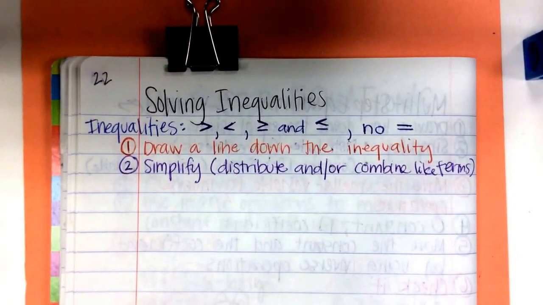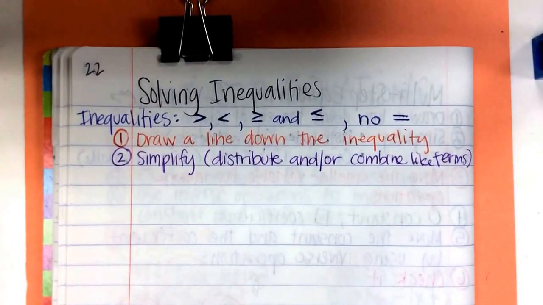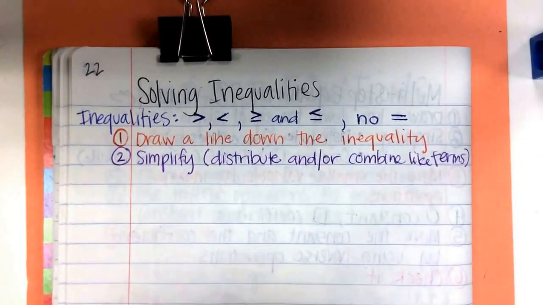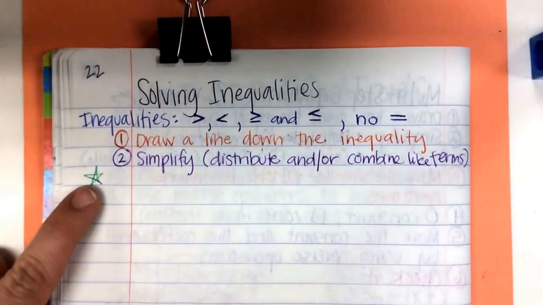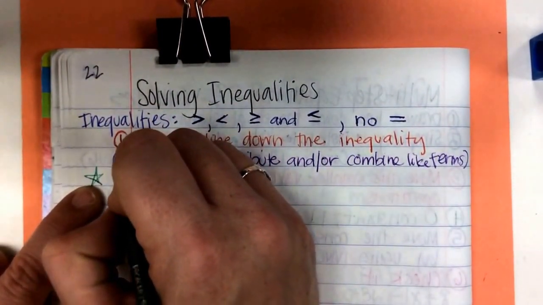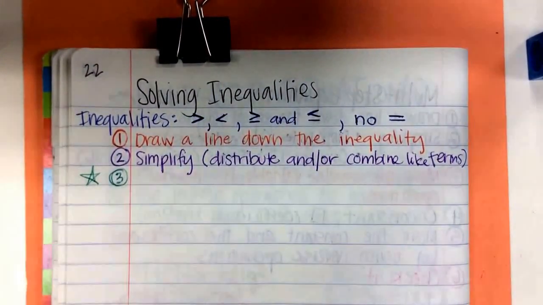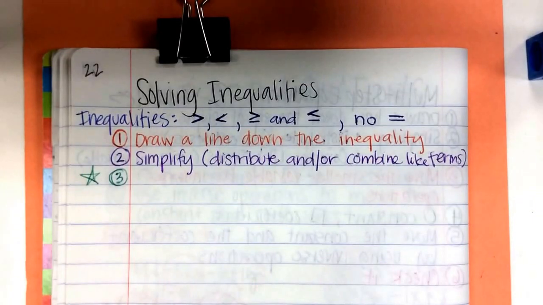Maybe. I will tell you right now, we are not going to have this. So I'm going to put a 3 or a star next to 3. Yeah, let's put 3. You will not have to do this. It is not on your paper. But maybe sometime it will come up